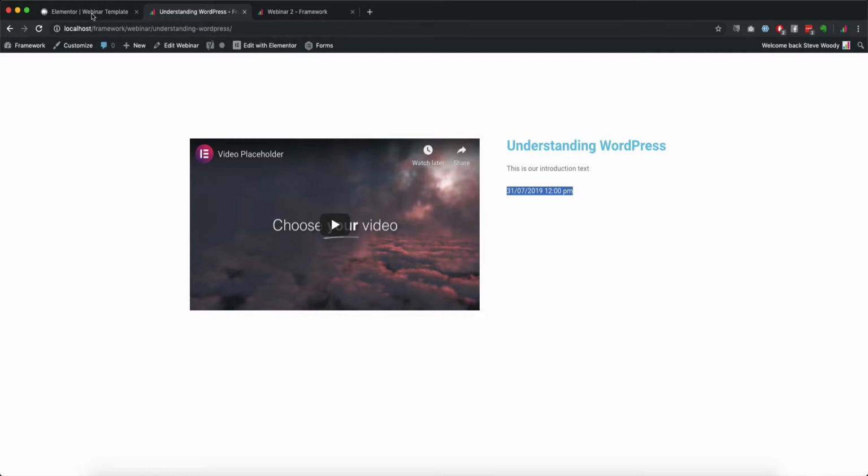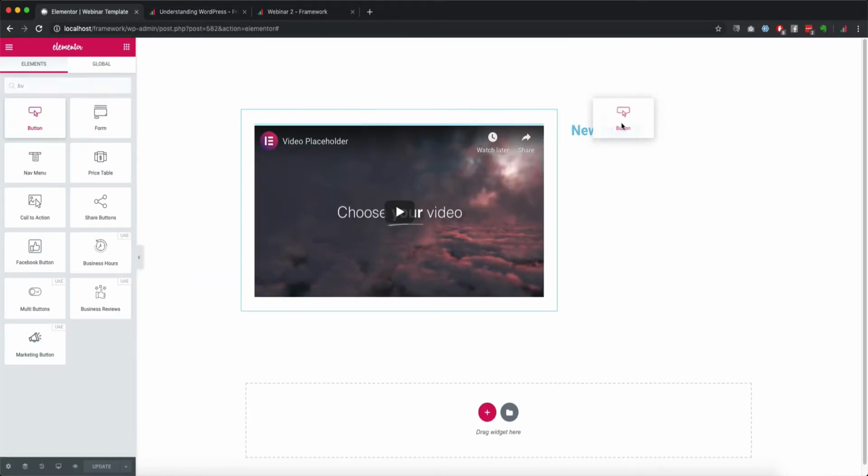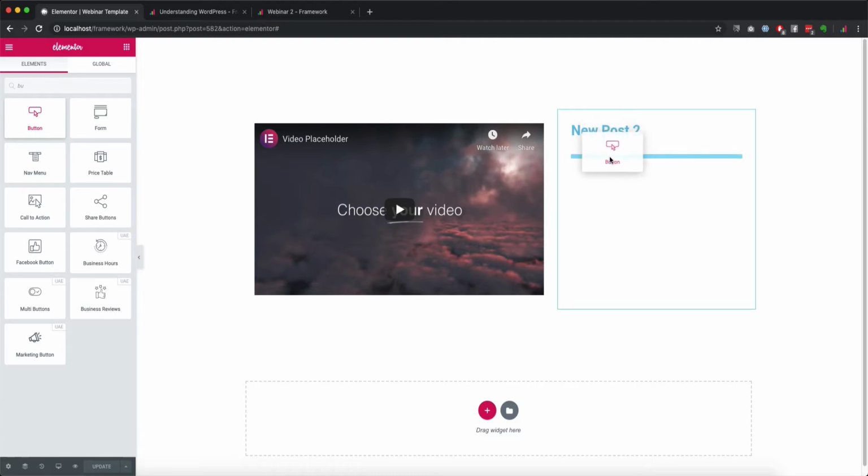And I can have a button as well. So I can come back here, I can click on button. Let's add a button underneath. And it might be that